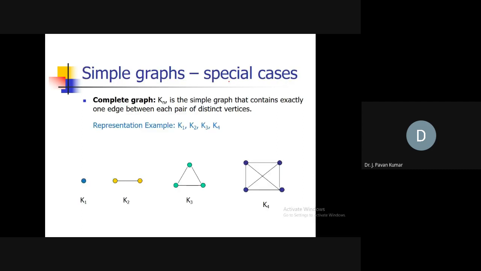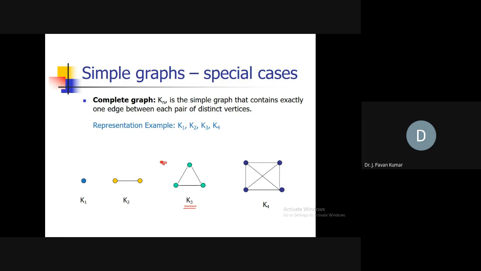Next, we have considered some graph classes like the complete graph. What is meant by a complete graph? In a graph, if for every pair of vertices you have an edge, then we call it a complete graph. It is denoted as Kn. In K3, the three vertices have an edge for every pair. Consider K4, which has four vertices: 1, 2, 3, 4.